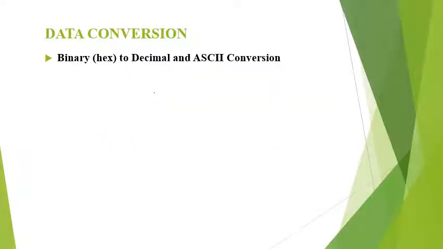Next conversion is binary to decimal and ASCII. In devices such as analog to digital converters, the data is provided in binary form. Also in some real-time clocks, time and date is provided in binary form. To display this data which is in binary form, we have to convert it into ASCII. So the binary data has to be converted to ASCII. First it has to be converted to decimal form and then to ASCII.